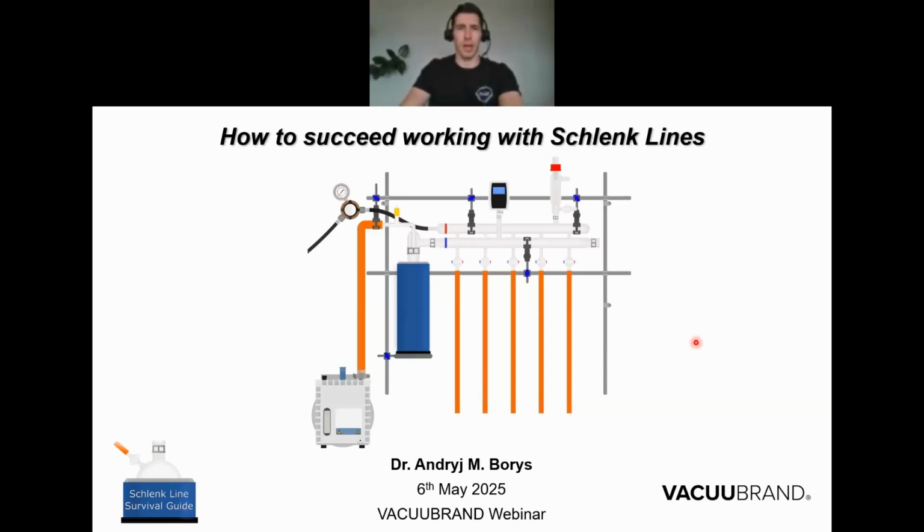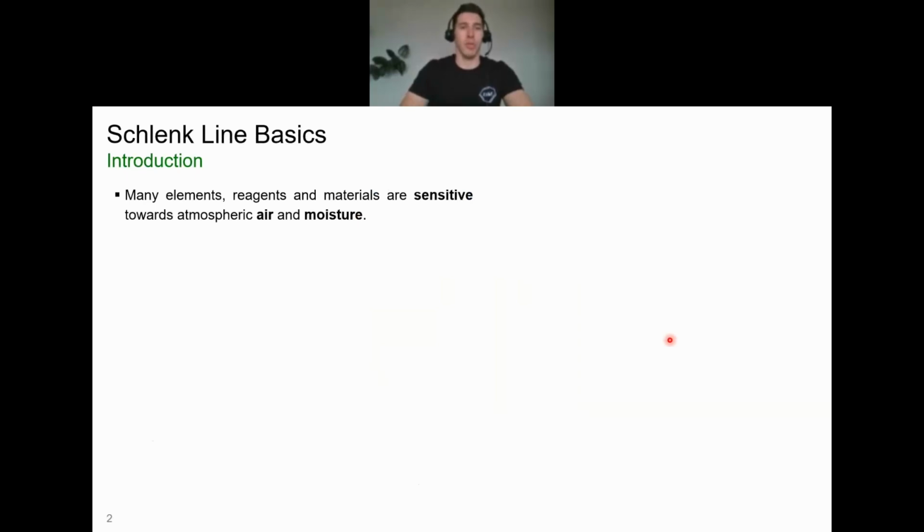So, as many of you know, there are lots of elements, reagents, and materials that are sensitive towards air and moisture in the atmosphere. And whilst many non-chemists might believe that this hinders their practical applications, it often means they have really high reactivity and unique properties. So we want to utilize them, and we need methods to be able to do so